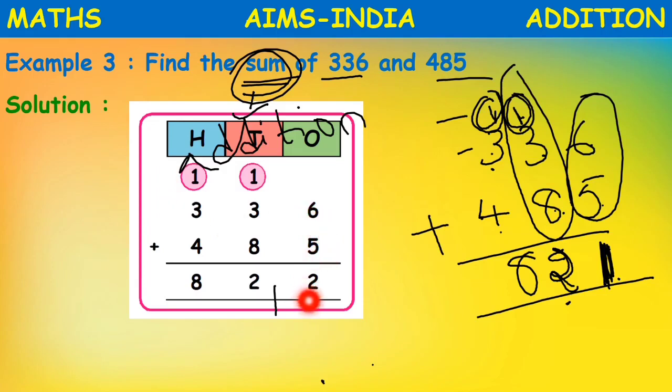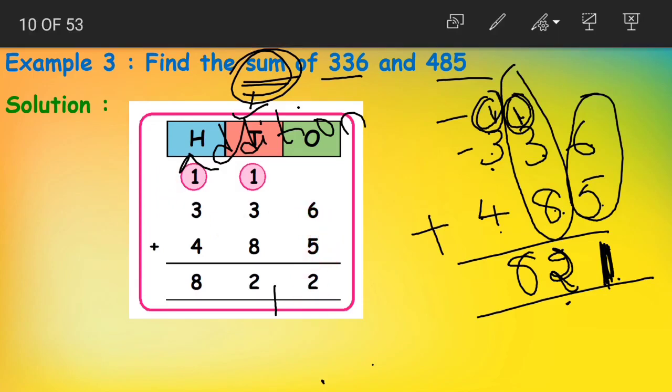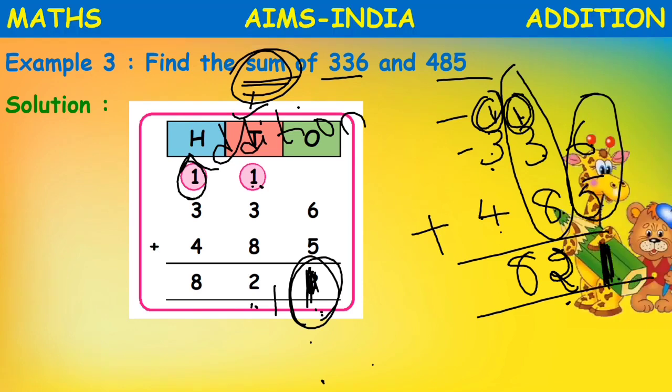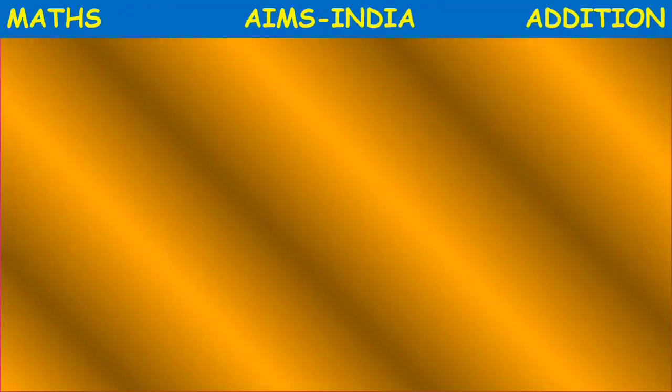Yes, we had 12 here. So we wrote, not 12, this is 11. Okay. We had 11 here. So we wrote the digit in ones place here, and we carried the digit in tens place. In the same way, we got 12 as the answer here. We wrote the digit in ones place here and we carried the digit in tens place. Clear, children? This is how we add 3-digit numbers using carry.